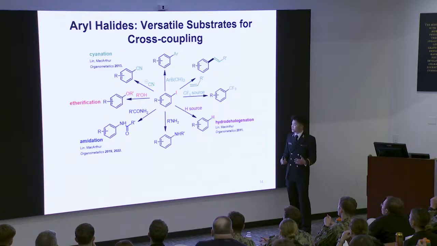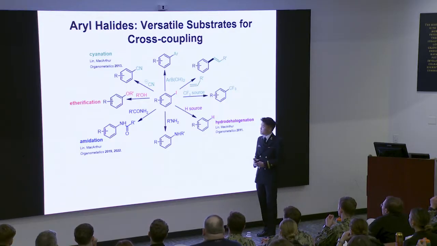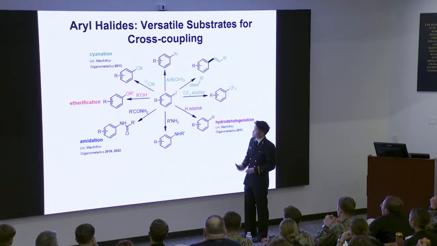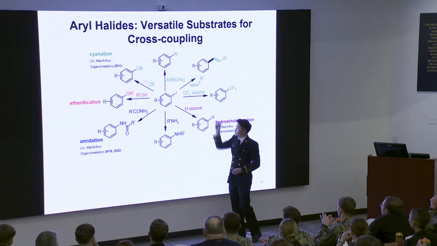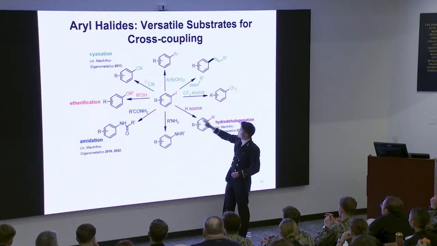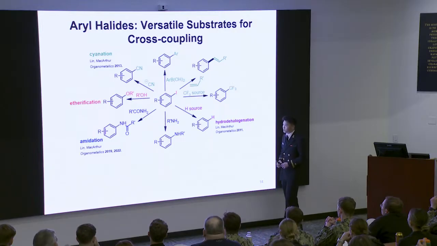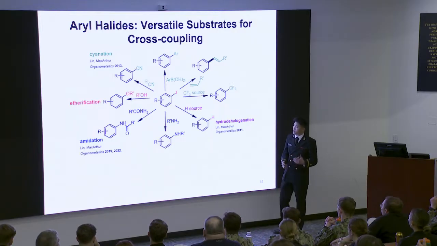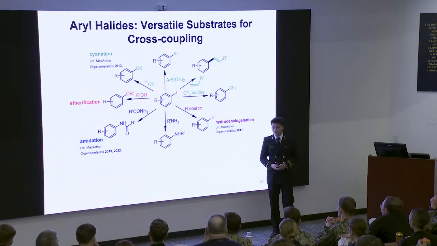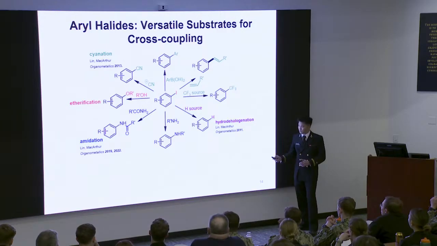Aryl halides can undergo various changes in bonding to generate new covalent bonds to the aryl ring. This is represented here by the starburst chart of reactions with the aryl iodide intermediate in the middle and the arrows pointing at various potential products that can be made through cross-coupling reactions. However, not all aryl halides can undergo various cross-coupling reactions to develop the desired product in high yield.